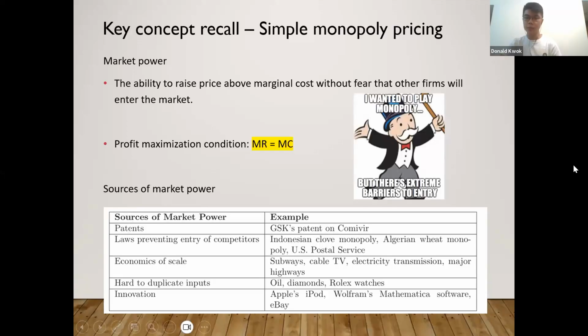So some of them will be restricting the entry of the firm due to some regulation, let's say patents. Suppose you are a pharmaceutical company and you have invented a new drug. Then the government may give you a patent such that other firms cannot replicate your formula to produce this drug. Okay, so this will make you the only firm in this market or this drug, say within 20 years of time.